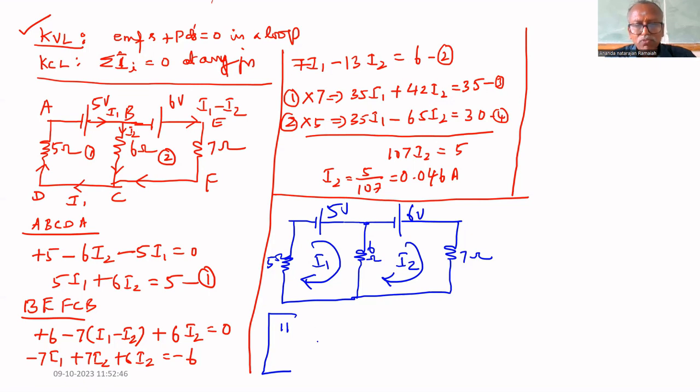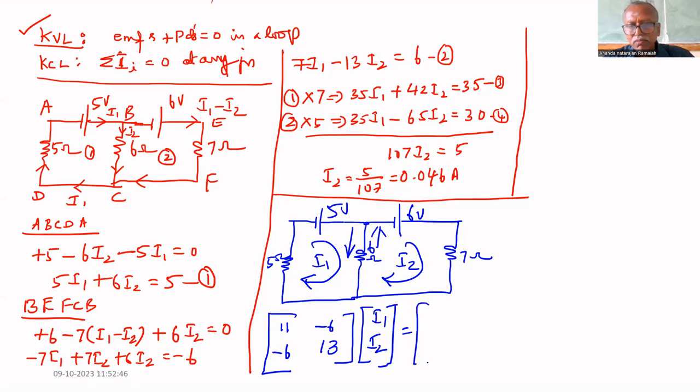And common to first loop and second loop is the second element, R12, minus 6. Why minus 6? Because I1 is this way, I2 is this way. That's why minus. Again, here also minus, common to second loop and first loop. The elements in the second loop sum to 13. Therefore, I1, I2